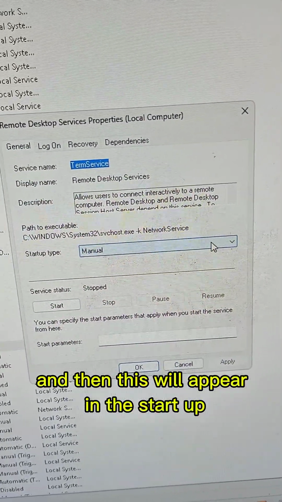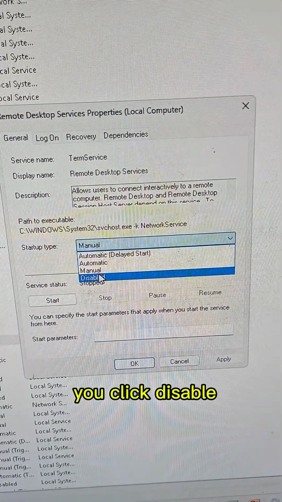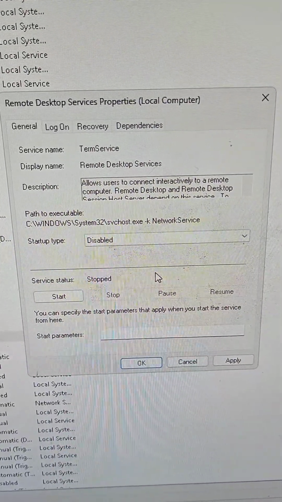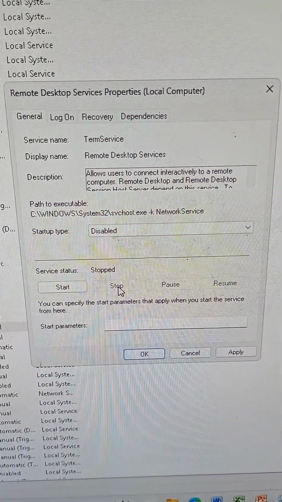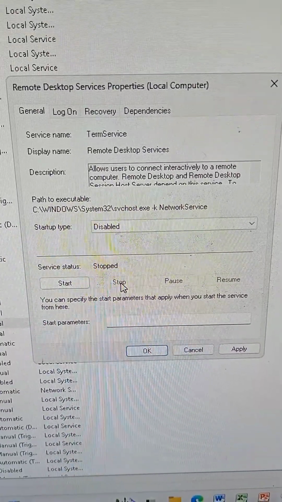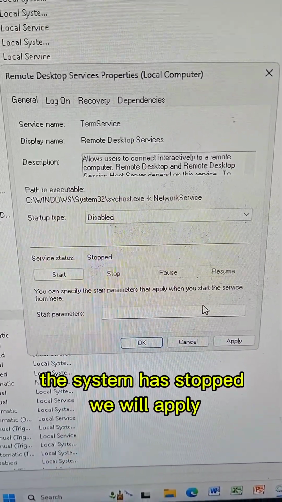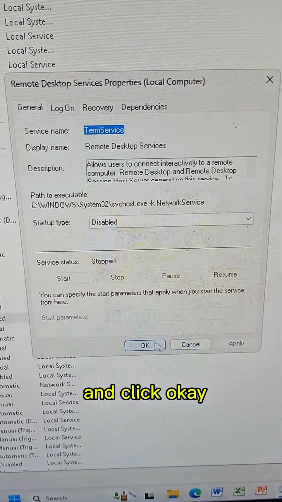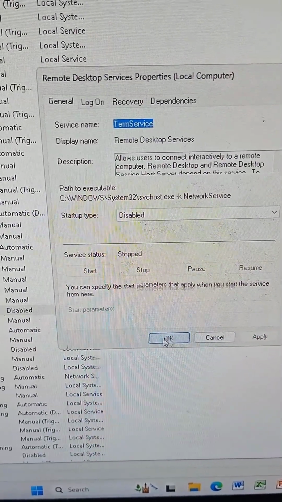In the startup type, you click disable. Okay, the service has stopped. We will apply and click OK.